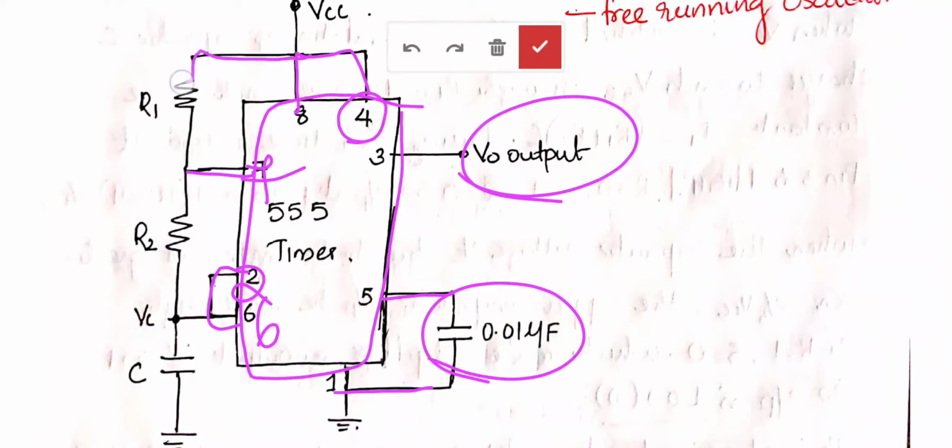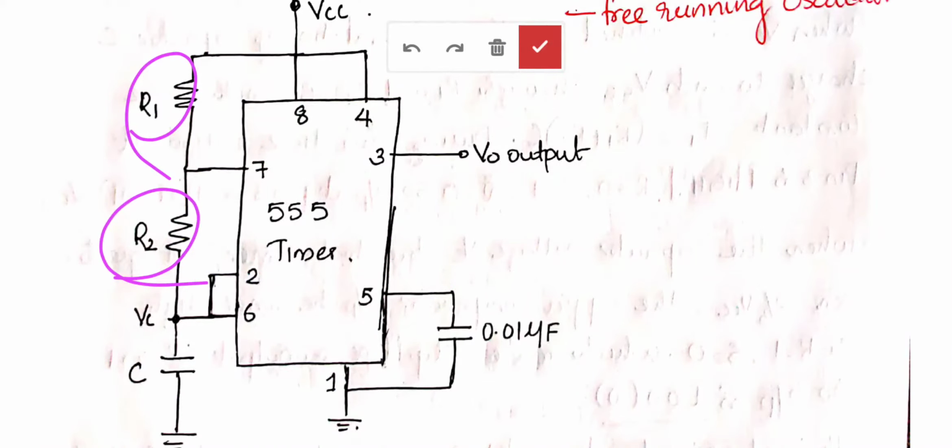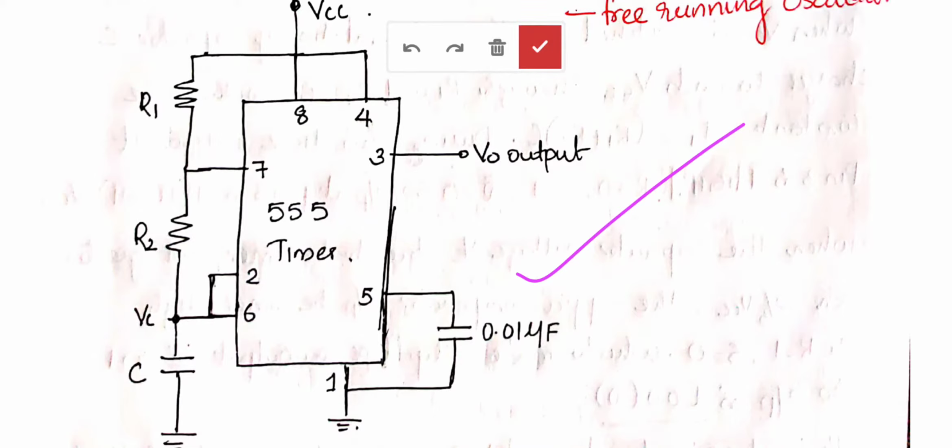Externally we have a resistor R1, R2 and the discharge capacitor C. R1 and R2 are the timing resistors and C is the timing capacitor. So these are the externally connected things, and you have to study this circuit diagram. Now the explanation of this astable multivibrator is given through the internal structure. So once again we are considering the internal structure of a 555 timer with the externally connected timing resistors and capacitors. So we will see it.